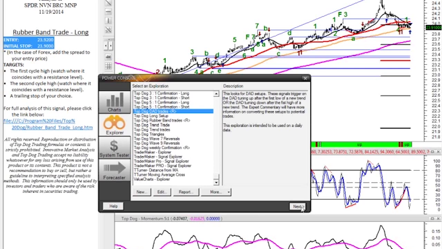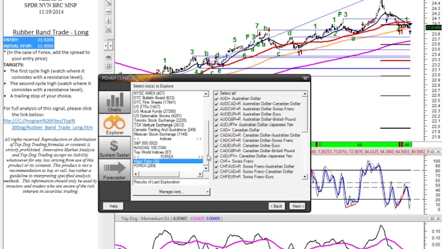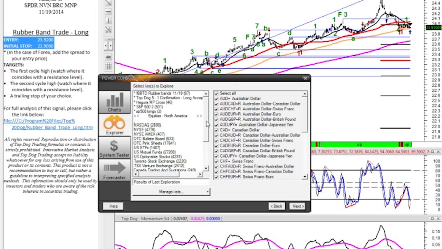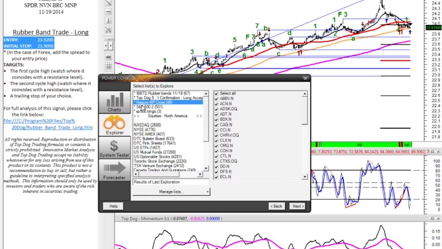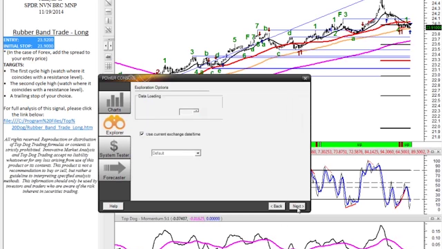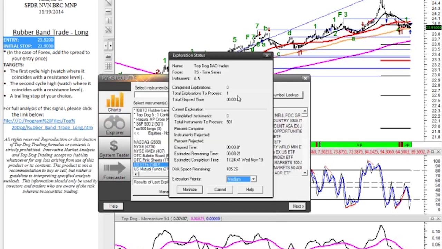I'm going to go ahead and click on Next. Now instead of, let's actually run it against the major pairs. No, I want to make sure I find something. With 36 pairs, I might not. Let's do the S&P 500. We'll go ahead and click on Next. I'm going to go ahead and start the scan, and we'll see how long in real time it takes to process. So if this is a scan that you're running, and you want to know how fast you're going to get your results back during the day, this is a pretty good benchmark for how long that'll take.